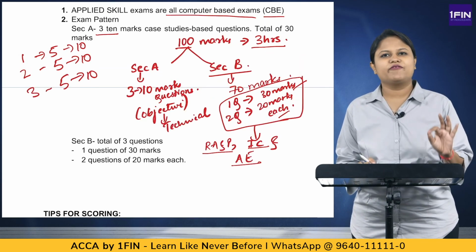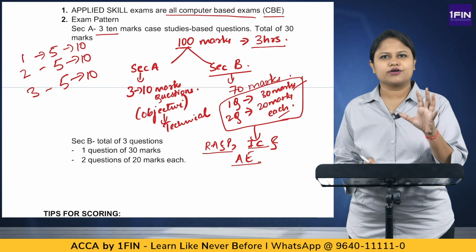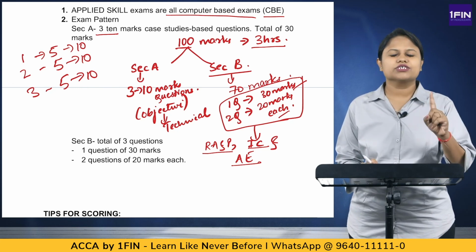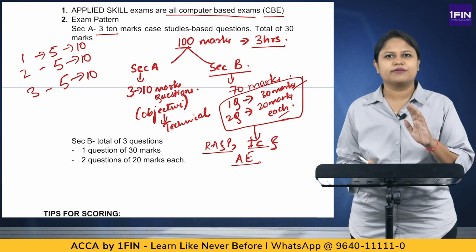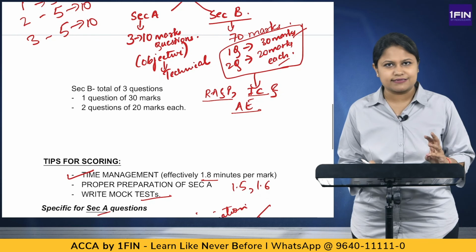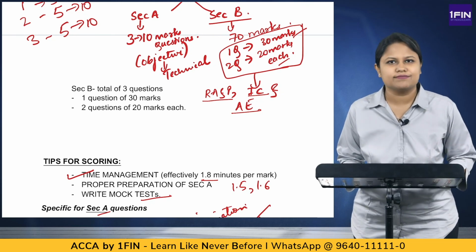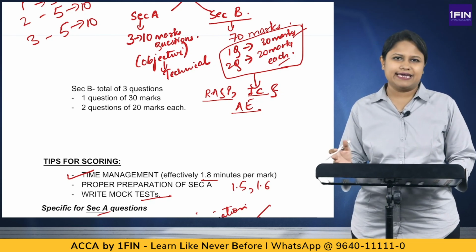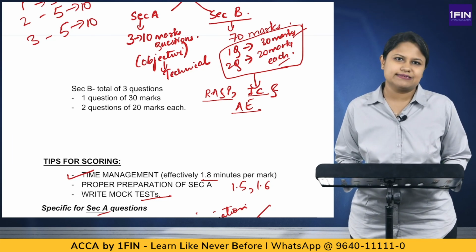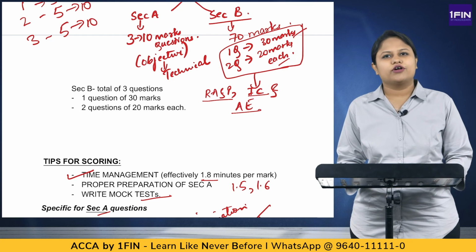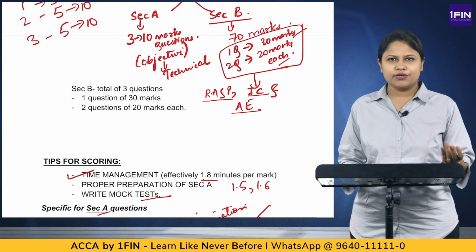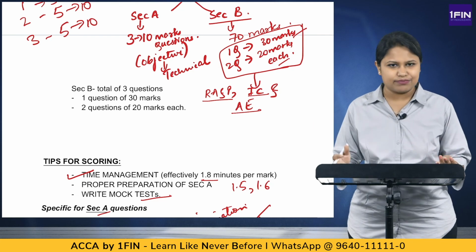Biggest tip for passing and scoring well: concentrate on Section A as equally as you're concentrating on Section B. Most important, practice your typing, because these are computer-based exams. Time management is the skill set required for success. And when you're going to study this subject of Audit and Assurance, AA, that is F8, which we call it, understand that these basics will be very important for Financial Accounting, because if you know accounts, only then can you do audit. And for Financial Reporting, because we are examining the financial statements.